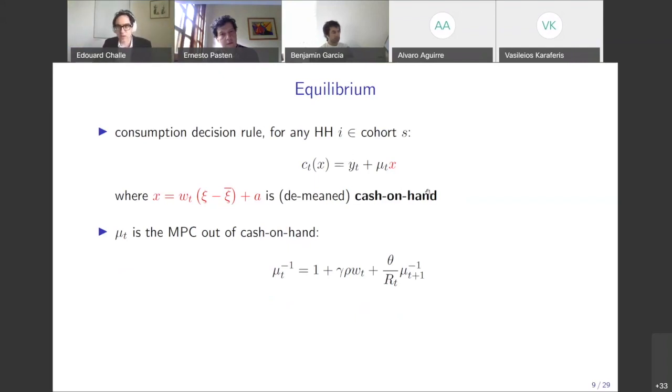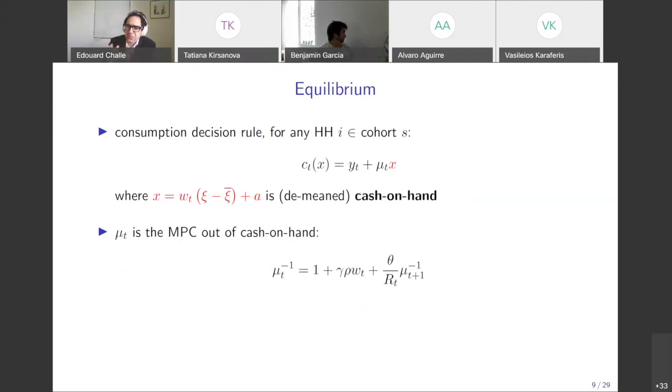Can I ask a question here? Of course. I may be misunderstanding something. Usually, you consume out of stock variables, and that is a stock here, and Y is a flow. But then you take your stock X and multiply by mu, and this is fine. But then suddenly there is a wage. I would expect life cycle income here, like in Blanchard theory consumers, rather than just the wage. Or I assume just A inside.